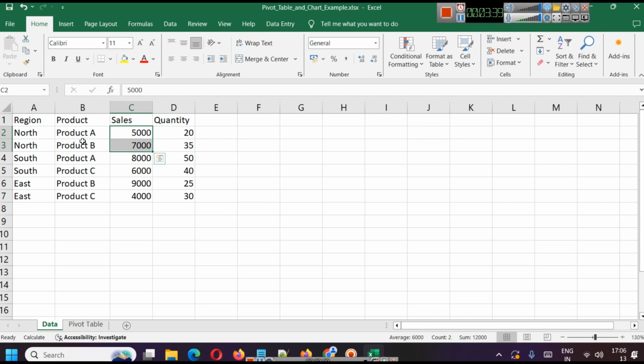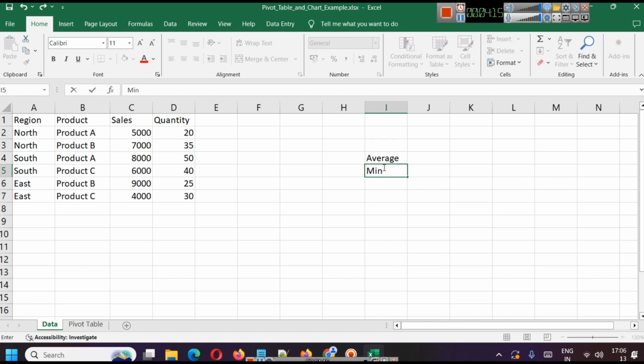Although this data is very small, as I showed you the sample superstore data, there we had 10,000 rows of data, and in those 10,000 rows there were many orders from north region. So if someone asks you the sales of north region, you can tell average, you can tell total count of orders or total count of sales, and you can tell total value of sales. You can tell minimum, maximum. So these aggregate values like average,